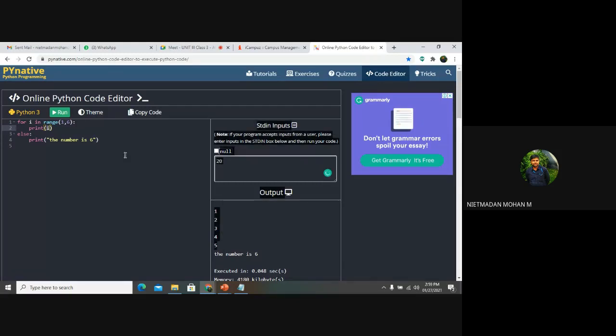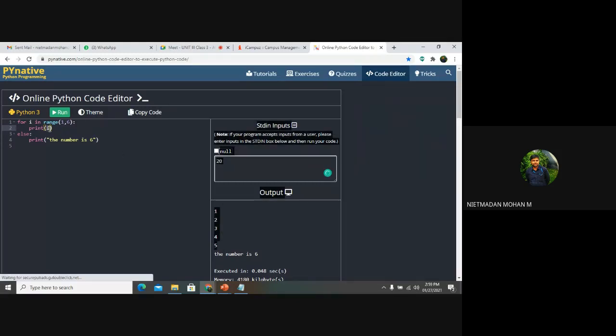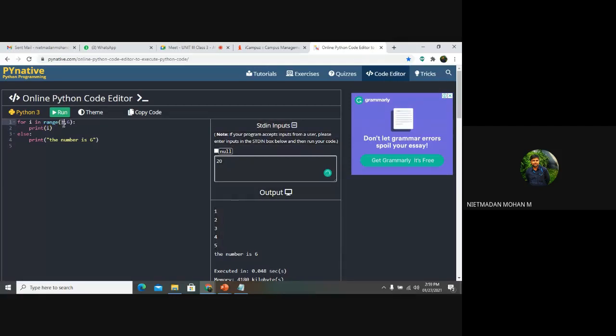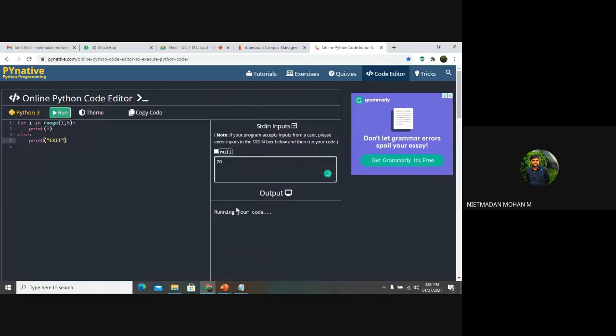So till n it will be displayed, and then it comes to the incremental part. The sixth number will be, so n will be represented as 6, so 6 will not be executed. So this for loop will be terminated, and it will go to the else statement and print the number is 6. Whatever you give in this print statement will be in your result, right?